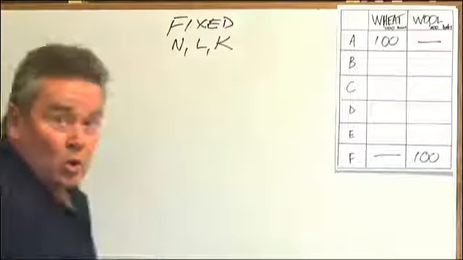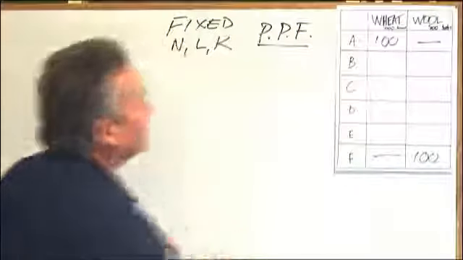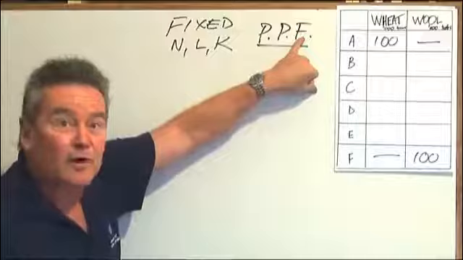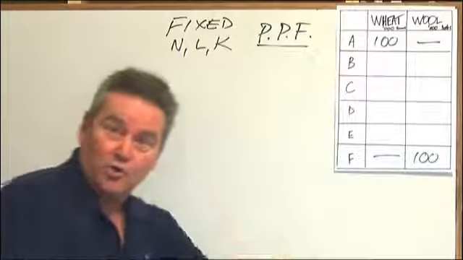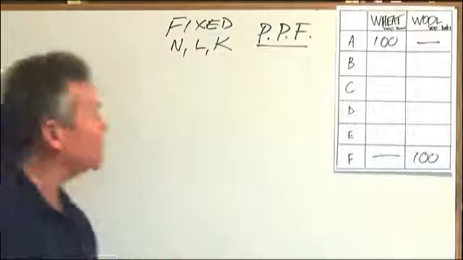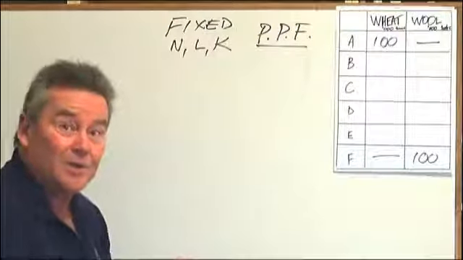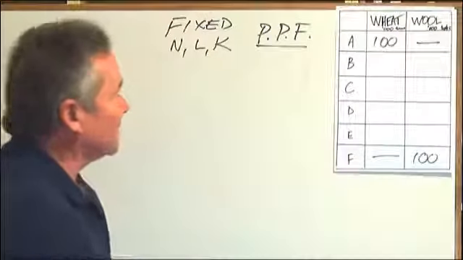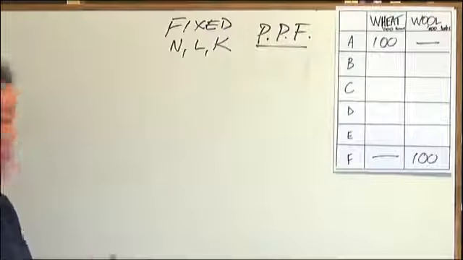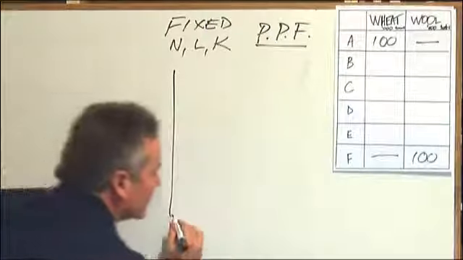Now, we call this little model our PPF, and the letter F stands for frontier, a point that you can reach but not go beyond. Why is that useful? Because it reminds us constantly that our resources are fixed and we are limited in terms of our productive capabilities. So what we can do here is to transfer our data onto a relatively simple little